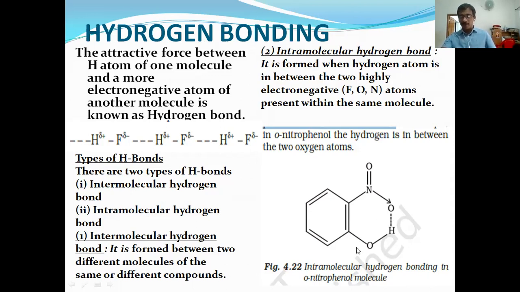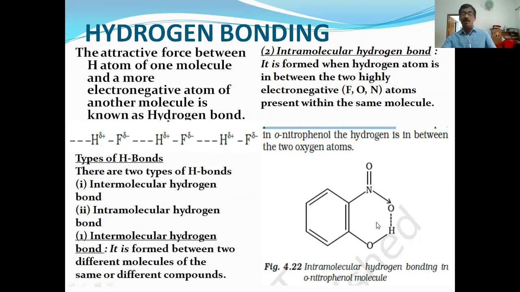In orthonitrophenol, this hydrogen is bonded to this oxygen atom, more electronegative, so it will get a partial negative charge, and a partial positive charge for this hydrogen. Here nitrogen and oxygen are more electronegative than hydrogen, so the oxygen will get a partial negative charge. So here develops an attraction between hydrogen and oxygen. So it is an intramolecular hydrogen bond. Because of the presence of intramolecular hydrogen bond, orthonitrophenol has lower boiling point, not melting point, lower boiling point than that of